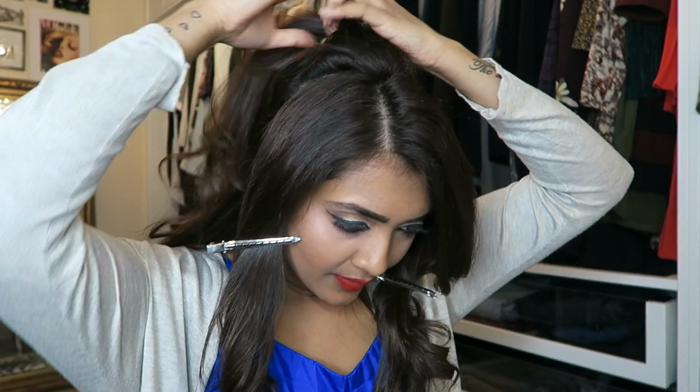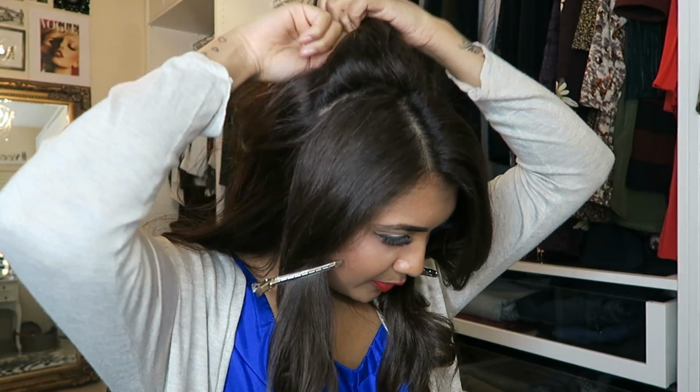And what I'm going to do is a messy plait to the side. So first thing you do is section it, like I always like to do. If you want to know how to add the extensions, I have done several tutorials on this, so please have a look at my other YouTube videos. So from ear to ear, section this bit as well. And then I'm just going to back comb this top bit a little bit, just to give it a little bit of...